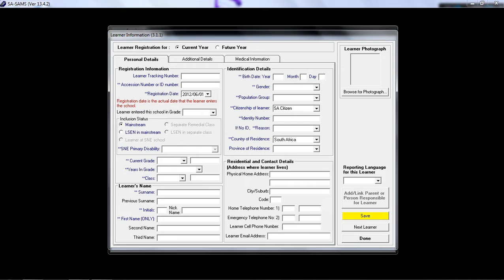Any other family names or nicknames need to be placed over here. It can still be printed out in the report, but the first name and surname that appear on the child's ID need to be captured here. Other identification details, their birth date, including the year, month and day. All you need to do is click in it and then fill in the date. And then again selecting the gender, population group that they fall under,